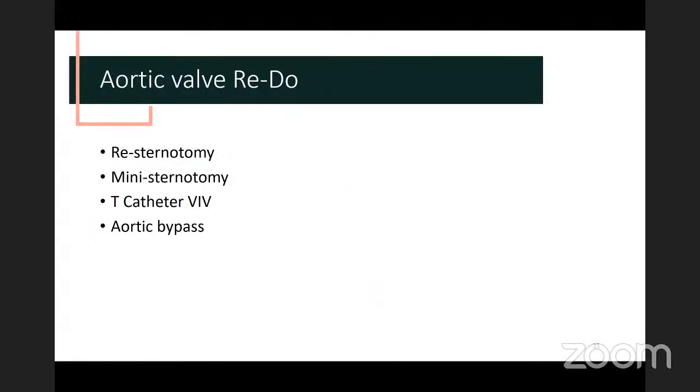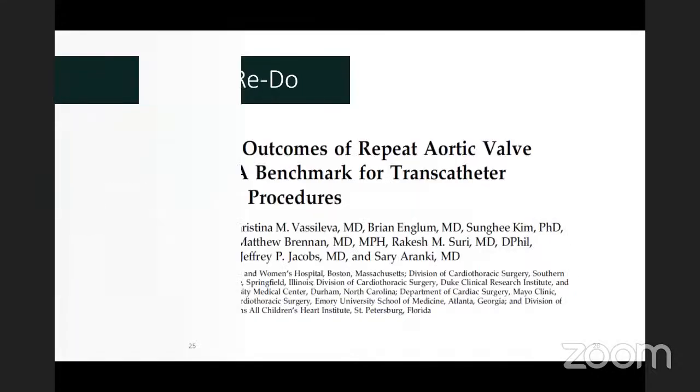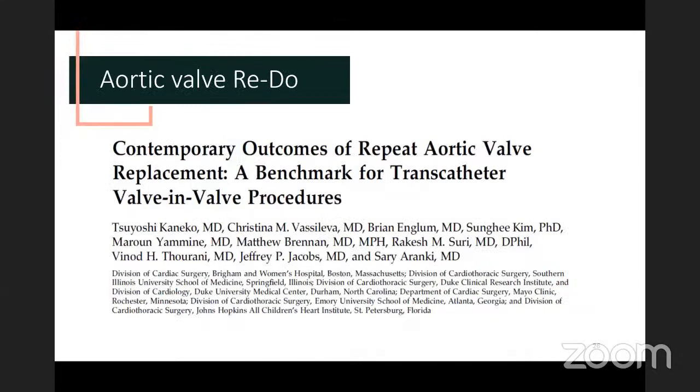So talking about the aortic valve redo, the options available for patients with aortic valve dysfunction or prosthetic valve dysfunction are redo sternotomy, which is the most common approach, mini sternotomy, transcatheter valve-in-valve, or finally aortic bypass. For redo aortic valve through sternotomy,